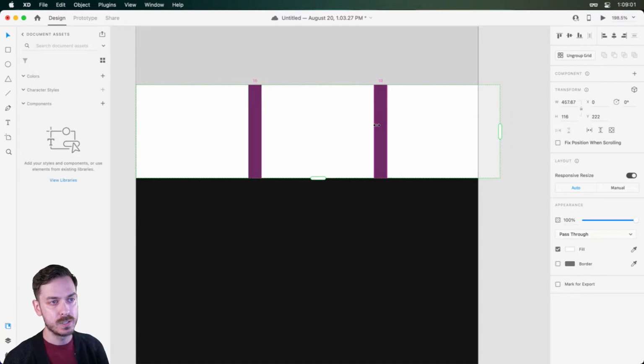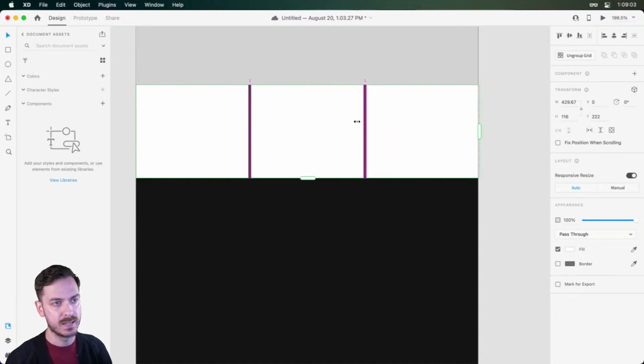And then you can hover your mouse in between and then pull this back just like that so that they